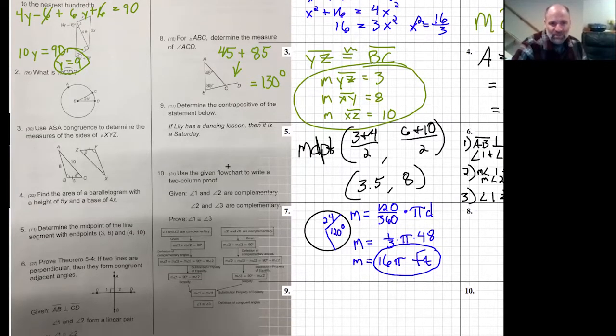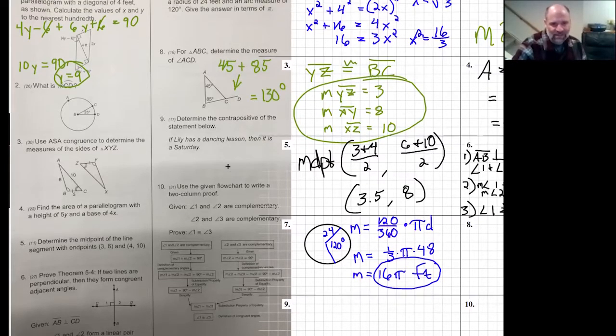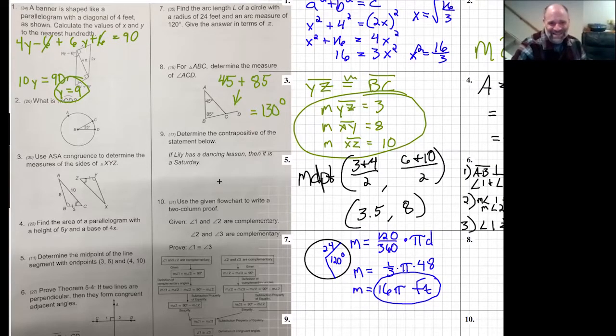Okay. Number 9. Determine the contrapositive of the statement below. If Lily has a dancing lesson, then it is a Saturday. So the contrapositive, remember what you do there? You negate both things and you reverse them. So it's like the negated converse. All right, so the contrapositive says if it is not Saturday,